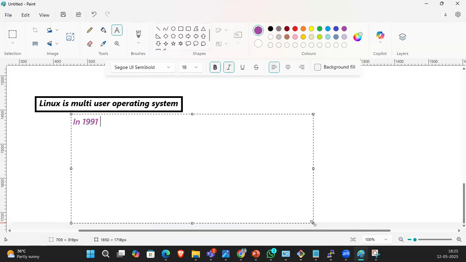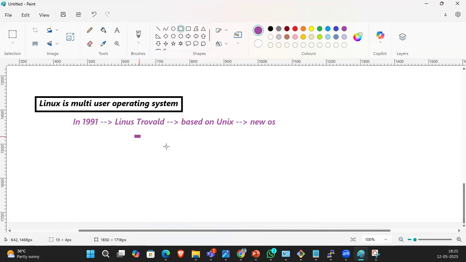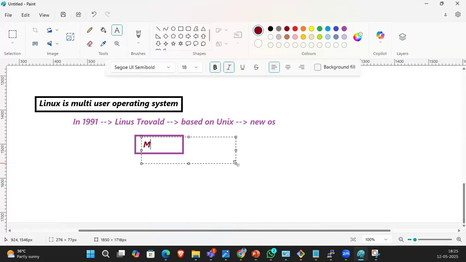In 1991, Linus Torvalds studied in one of the universities and his mentor asked him to create a new OS based on the Unix OS. Then he created an OS called Minix OS.